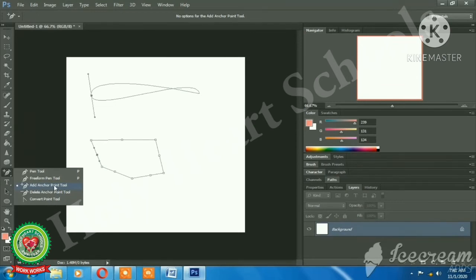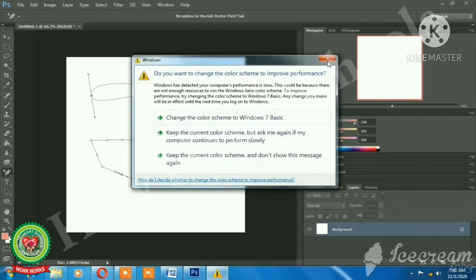I'll click it, and as per our requirement I will click on the path segment. See, my point is added. My anchor point is added wherever I have clicked. In this way, I can add an anchor point as per my requirement.